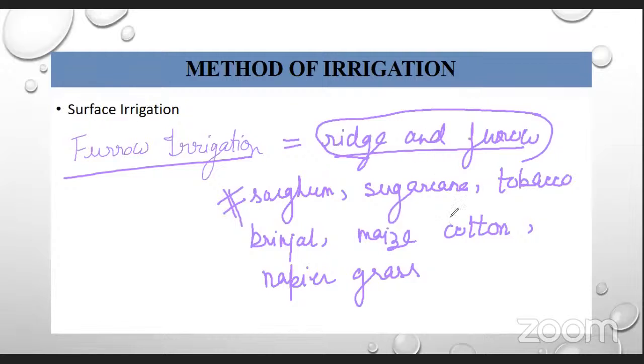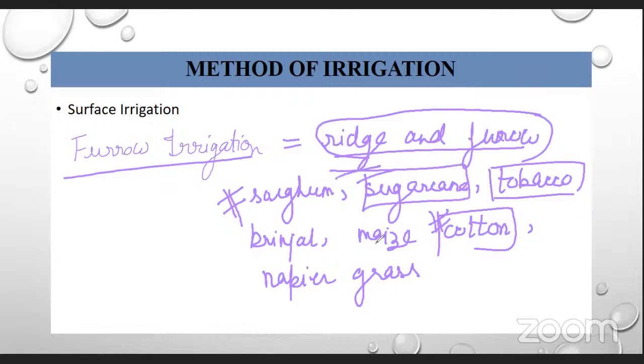But cotton is the most asked question in this key: in which crop is furrow irrigation usually practiced. Tobacco is also one, and sugarcane. These are the most important crops which are usually asked in exams like the IBPS. Okay,